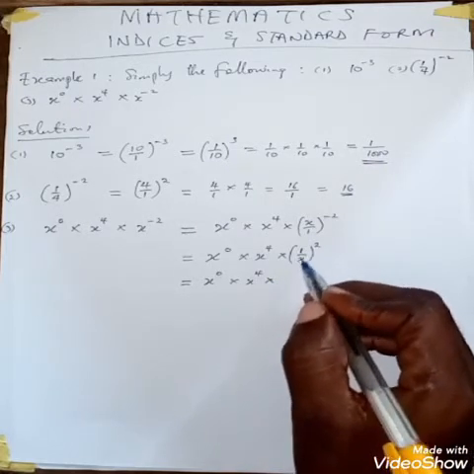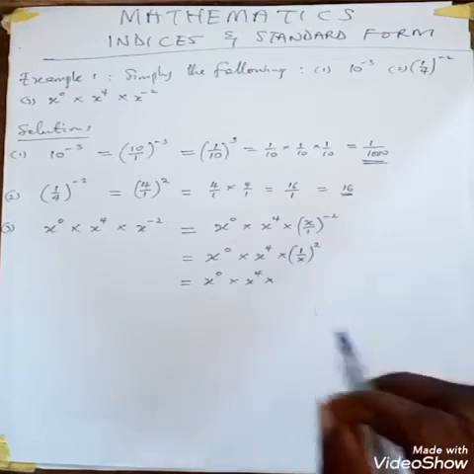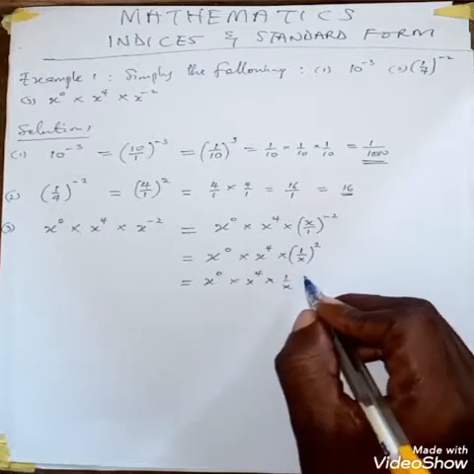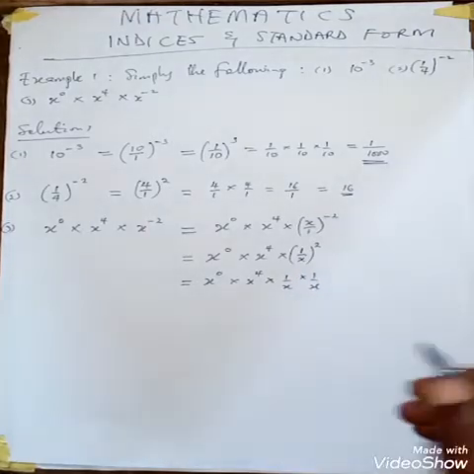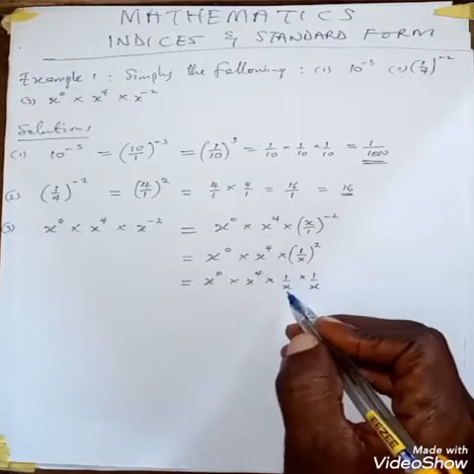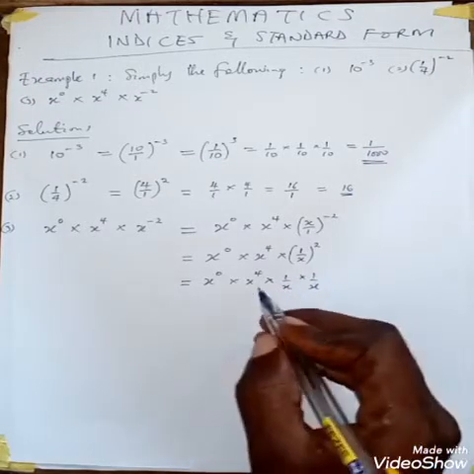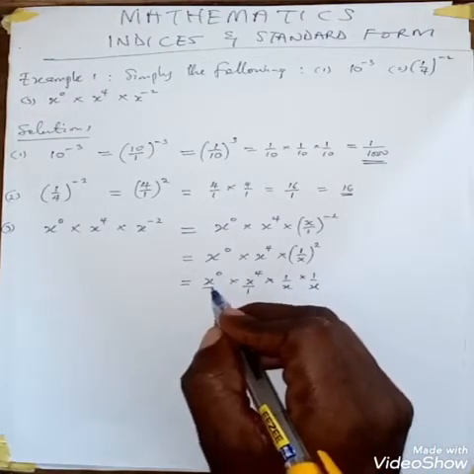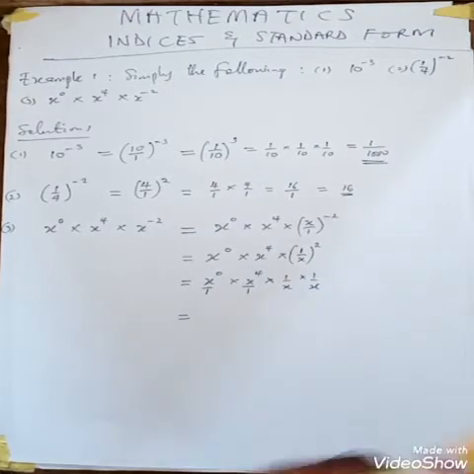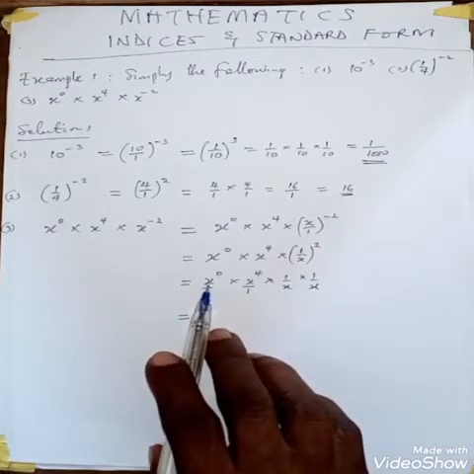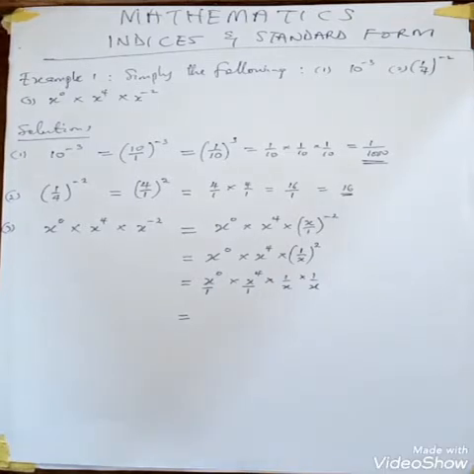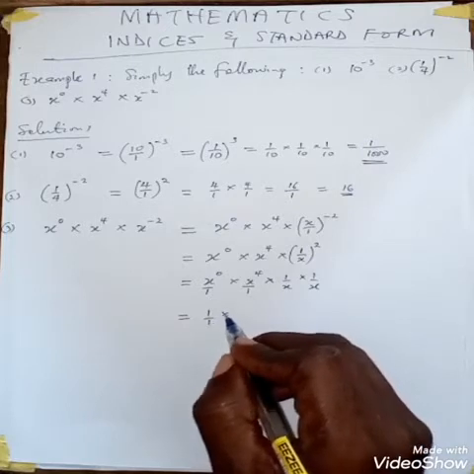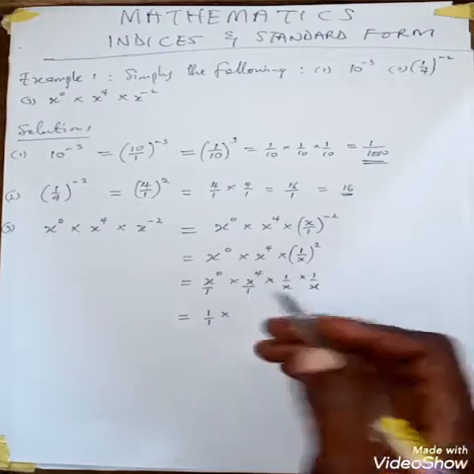It means that what I have inside this bracket should be repeated 2 times. That becomes 1 over x times 1 over x. Since this forms a fraction, I can call this one fraction and this one fraction. To continue, what is the meaning of x raised to power 0? We know anything that has the power of 0 automatically becomes 1. So this is like having 1 over 1 multiplied by, remember the meaning of x raised to power 4 means